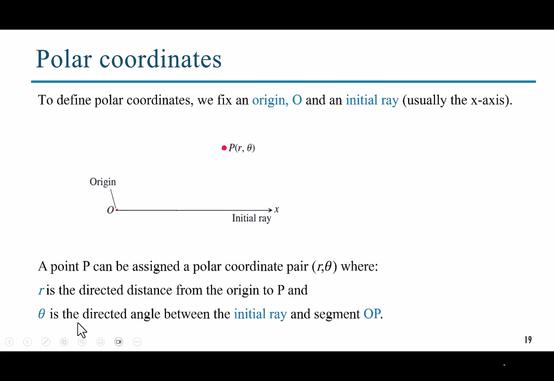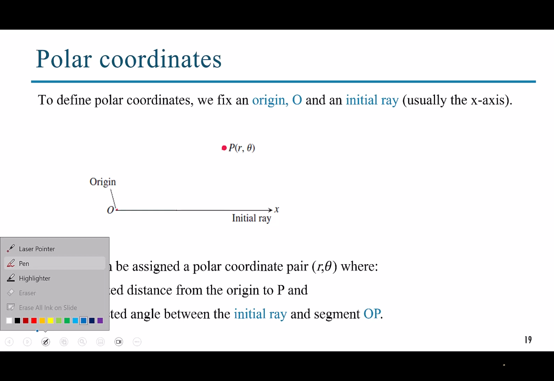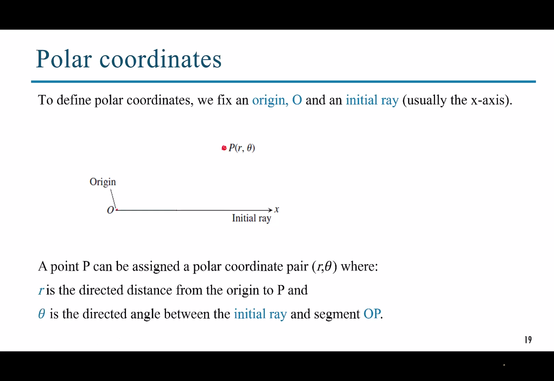Okay, hello everyone. Let's do a short summary on polar coordinates and then we're going to solve one example. So, what do we mean by polar coordinates? That means if I have a point somewhere, let's call it point P here,